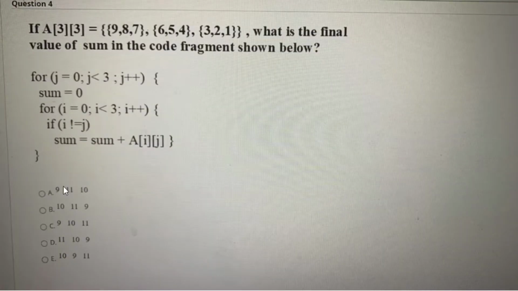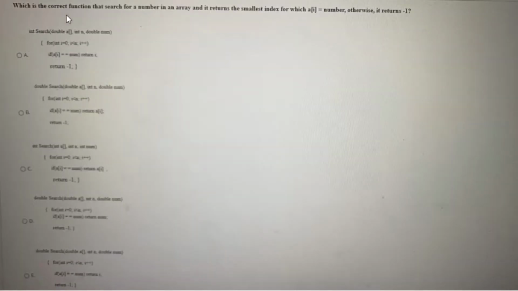Moving on to the next question, which is the correct function that searches for a number in an array and returns the smallest index i for which a[i] is equal to the number, otherwise it returns -1.